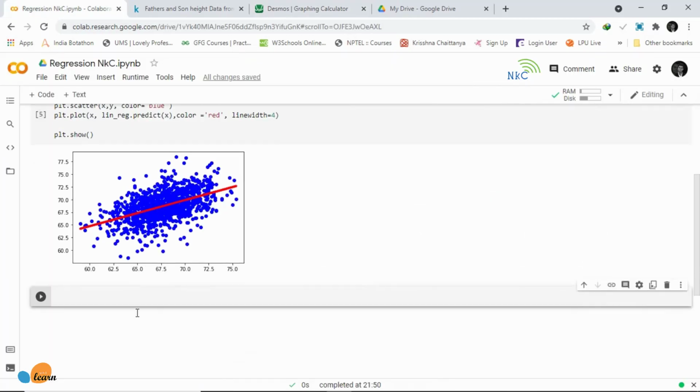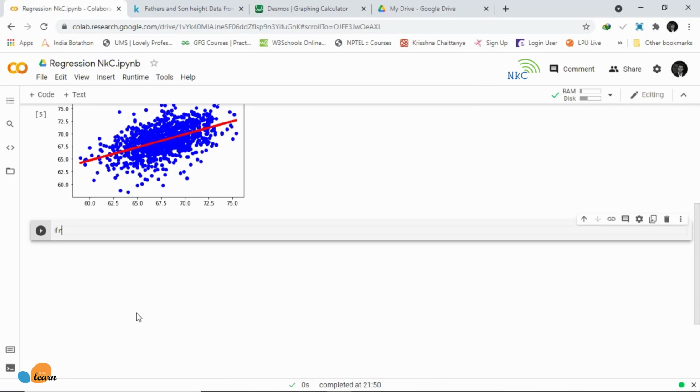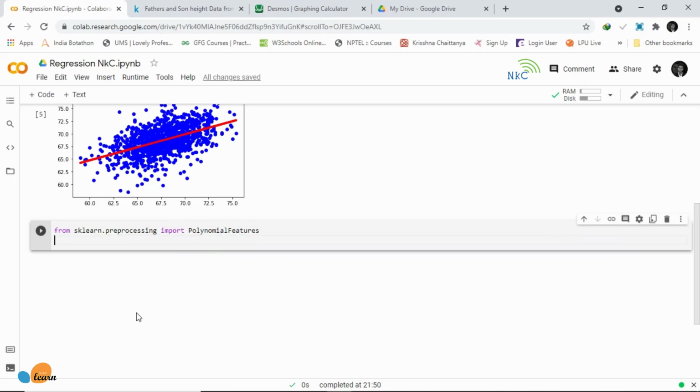Now in order to do that, it's really simple. All we have to do is say from sklearn.preprocessing, we are going to import PolynomialFeatures, right? Then from there we are just going to say poly equal to PolynomialFeatures, and inside here we'll set degree equal to what we want the degree to be.